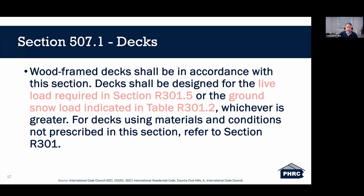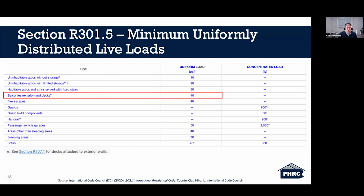This provision here is new to the 2021. Previously, they kind of just said you had to meet the loading provisions, the loading cases. Now in 507.1, they're really calling out that you have two options: live load requirement or ground snow load. So we'll jump to Table 301.5, minimum uniformly distributed loads, and we are looking here at balconies